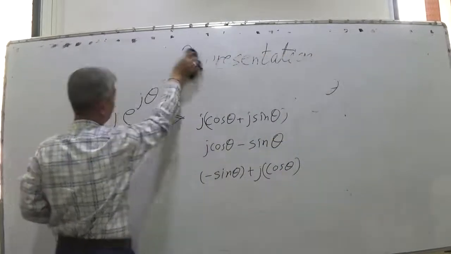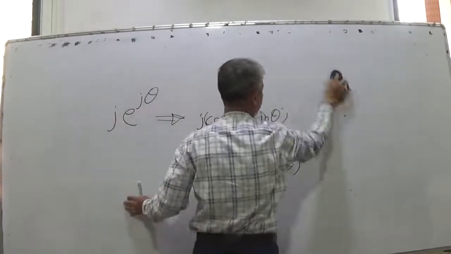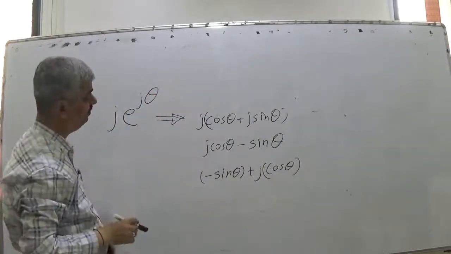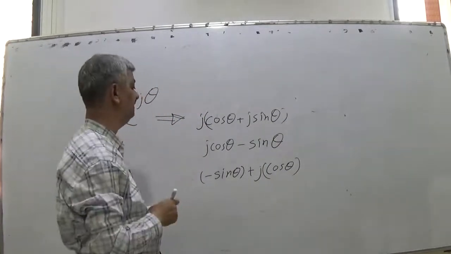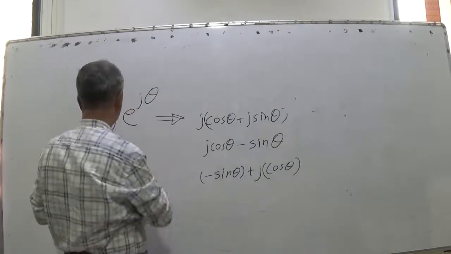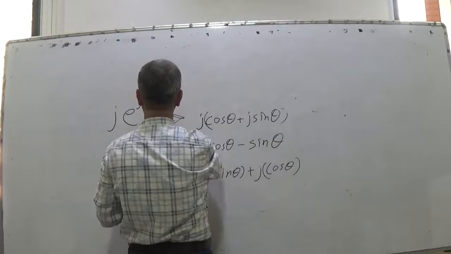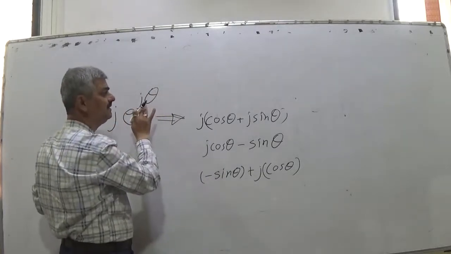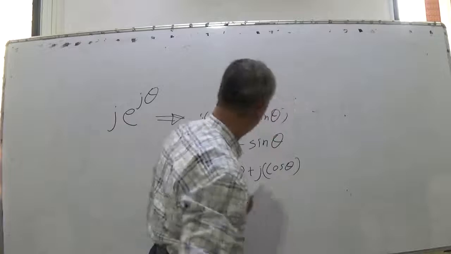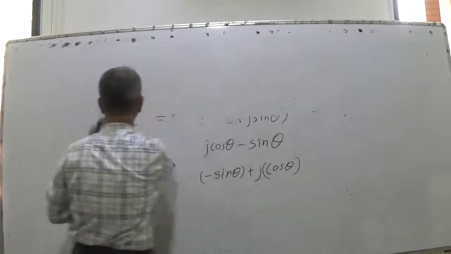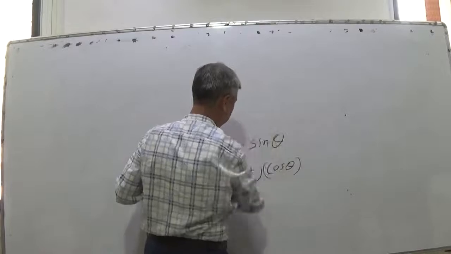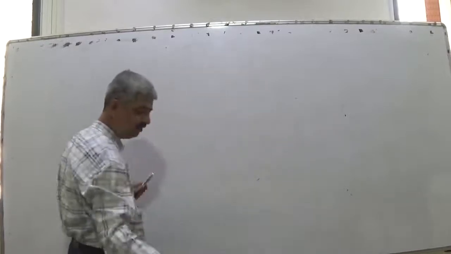We are not in a hurry. Each and every concept I will explain in detail without rushing through. So minus sin theta. So what I will do is, let there be some theta and we represent it. I will draw a unit circle first. So this concept should be very much clear with you. So first I will draw a unit circle.